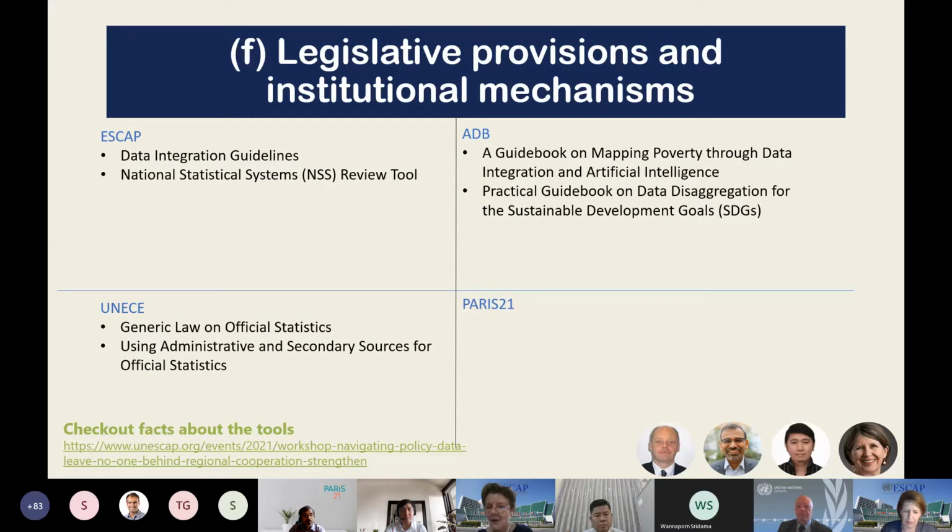And while we start getting some questions in, I'll put Steve on the spot here again. Steve and ECE. Now, we see here you have a tool that's the generic law on official statistics, but one could, and I think we all agree that many statistical offices are really hampered by out-of-date legislation, etc., and that something needs to be done. But one could argue that this really is not the business of international development partners. This is national legislation, national institutions. Changing these requires a lot of work, and the criteria for success has as much to do with internal power structures and